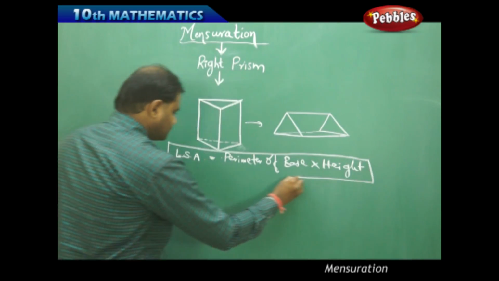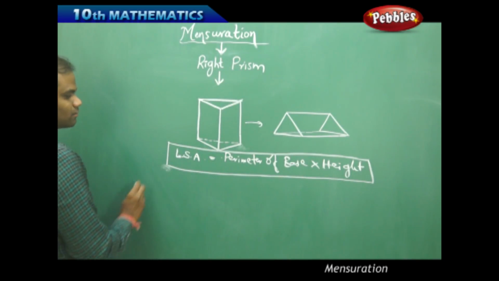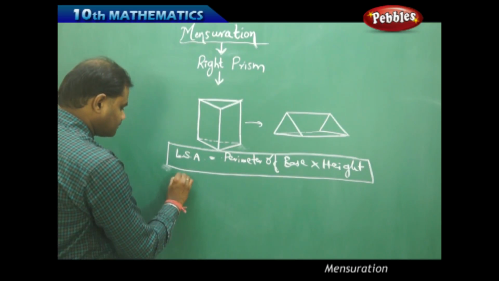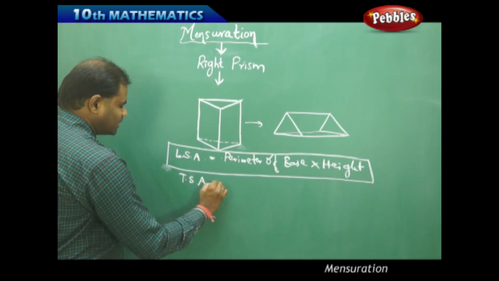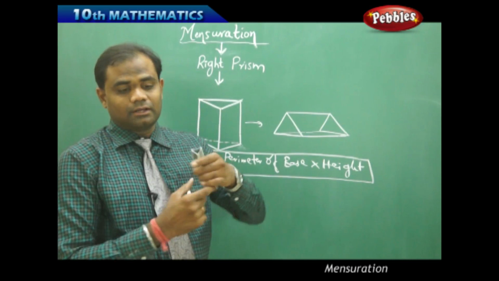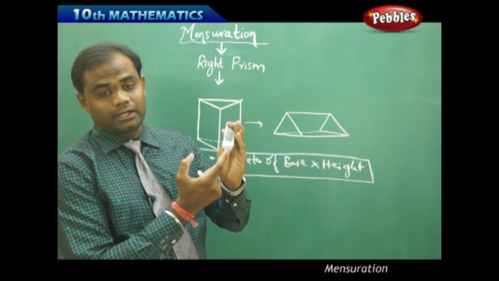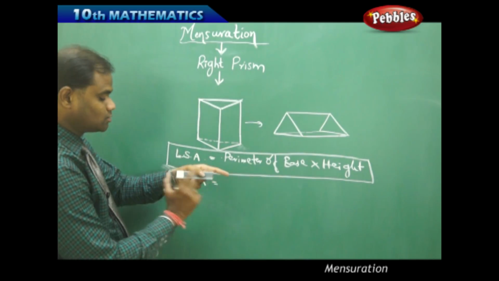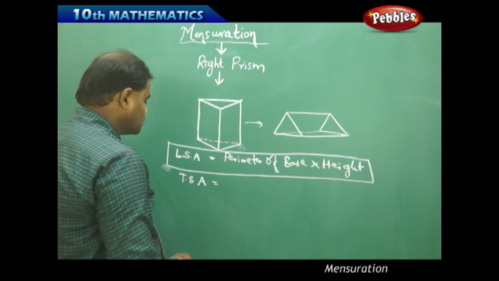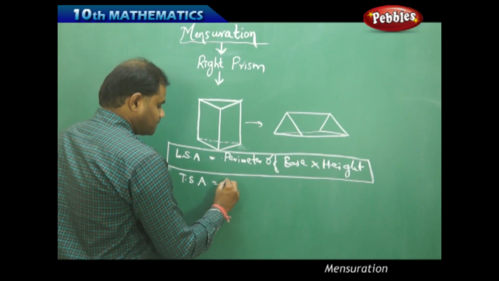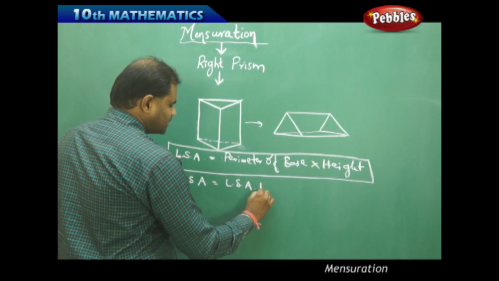So when I have the lateral surface area, it is perimeter of base into height, and the total surface area is the lateral surface area plus the area of the two end surfaces, that is N1 and N2. So therefore, with these two ends, N1 and N2, I have the total surface area, which is lateral surface area